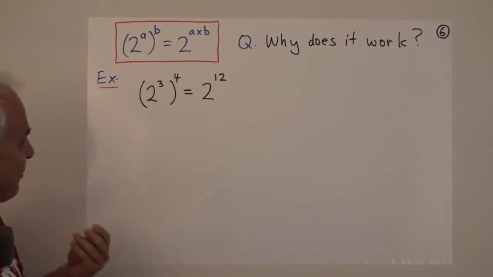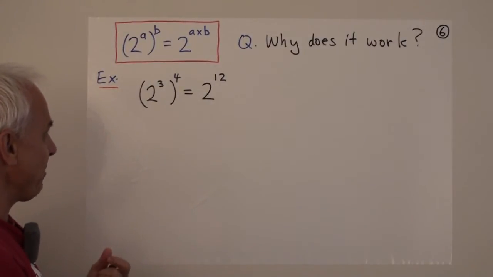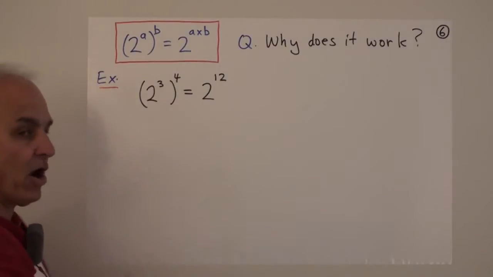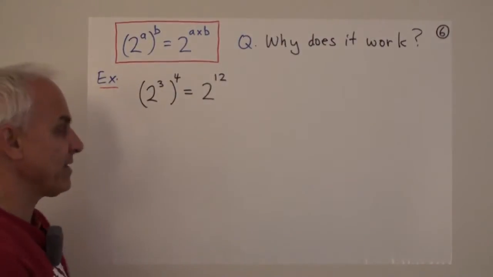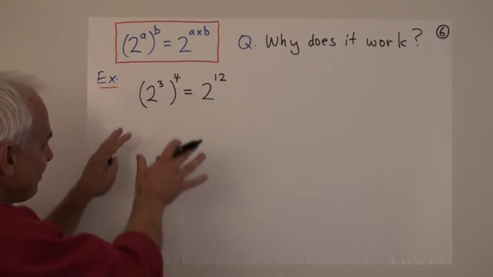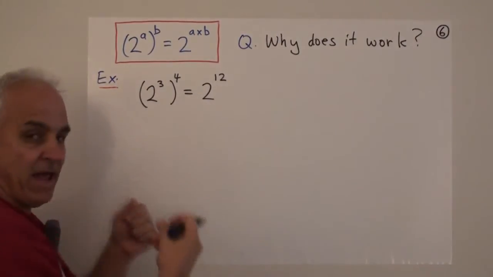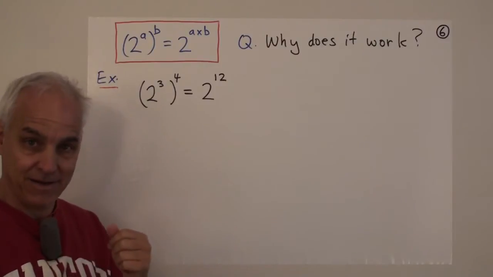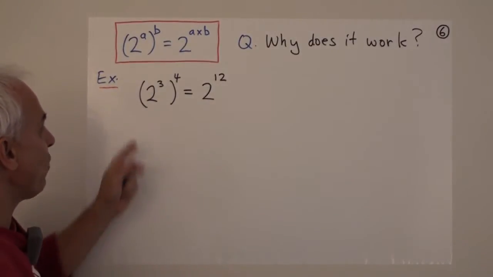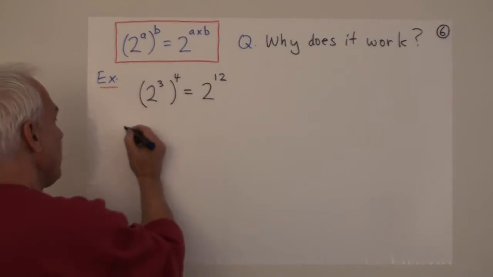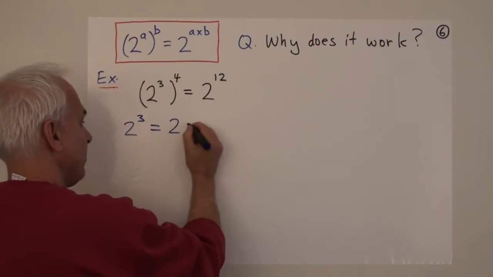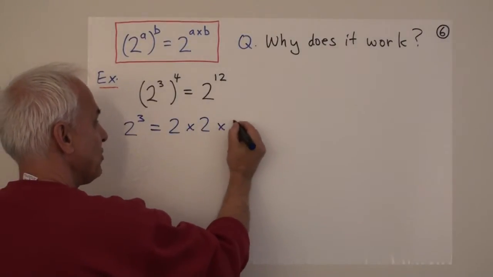And now when I say we want to see it in a way that makes it clear why it's true, not just because we're calculating this side on a calculator and we're calculating this side on a calculator and seeing that they're the same. I want to make it clear why it's true independent of actually having to calculate both sides. So we come back to the question of what are these things meaning. So what does 2 cubed mean? Well, 2 cubed means 2 times 2 times 2.